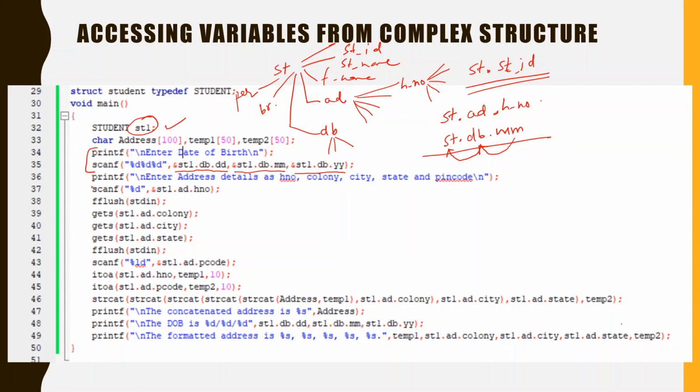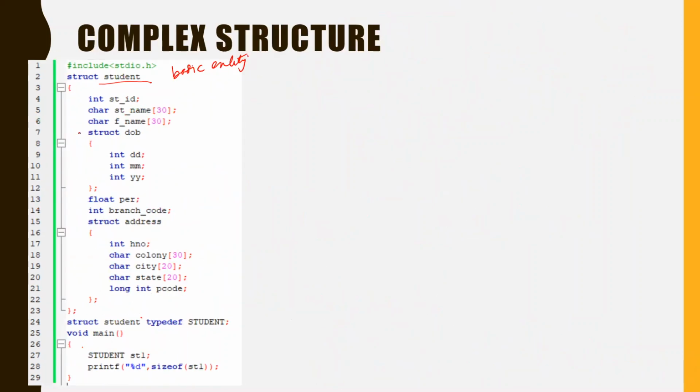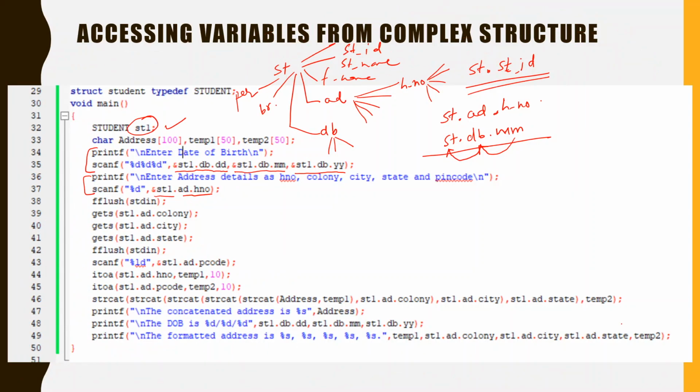Okay, here if you want to access the scanf, here we want to scanf the house number. So what we have done is, for student one's address, from the address we want to scanf only the house number. And since the house number is of integer type, we have used %d here and %d here to get input.